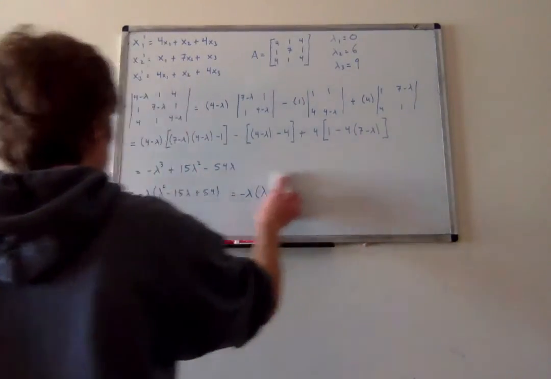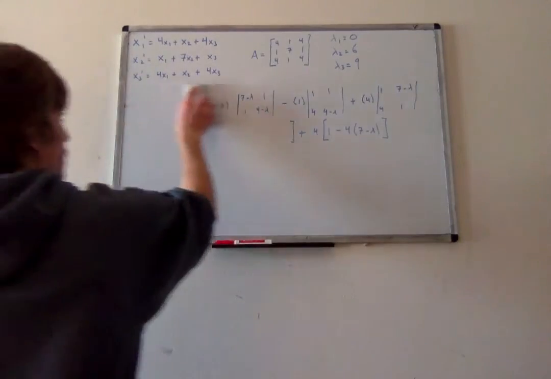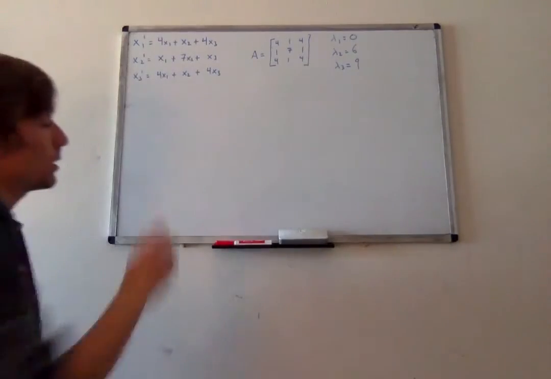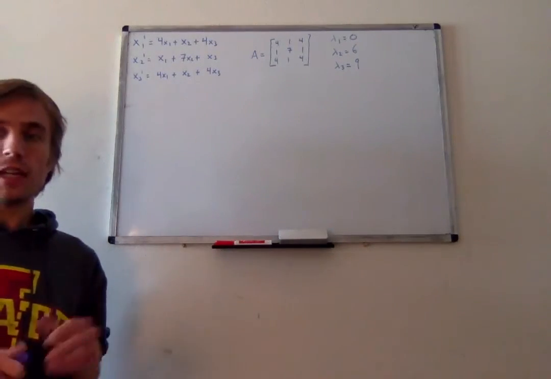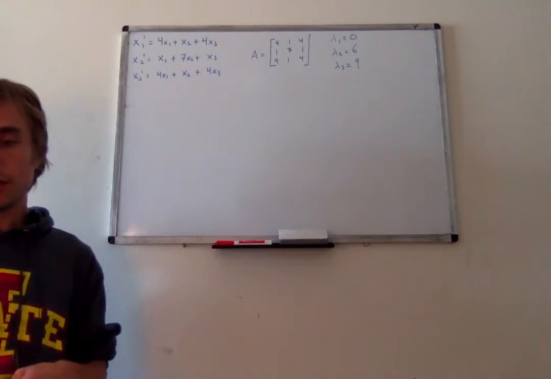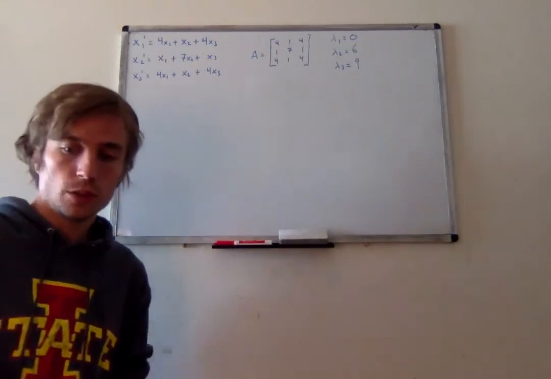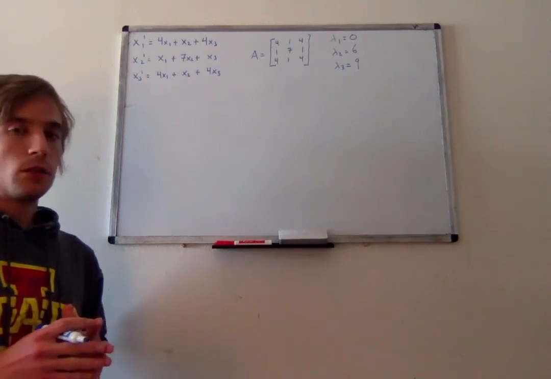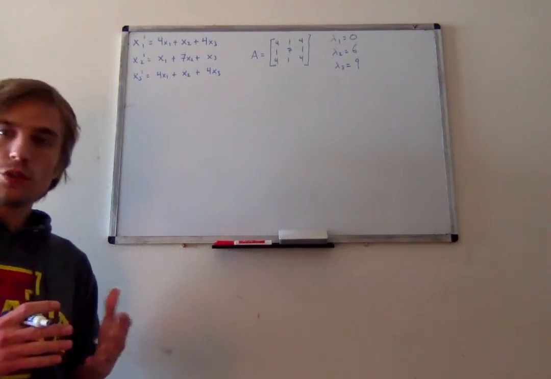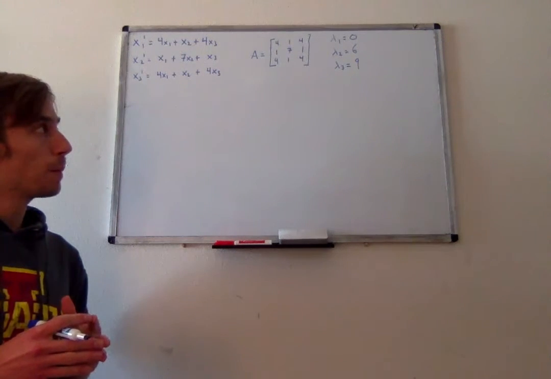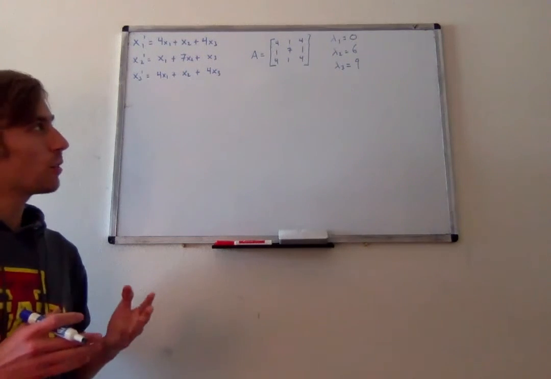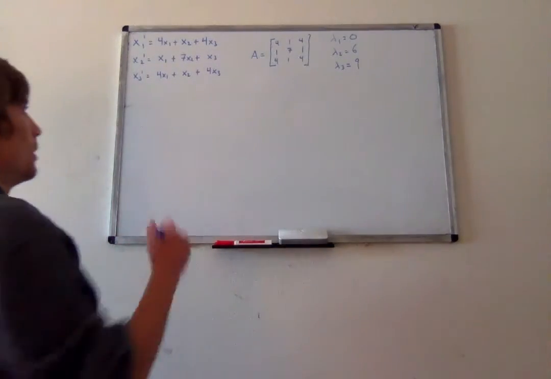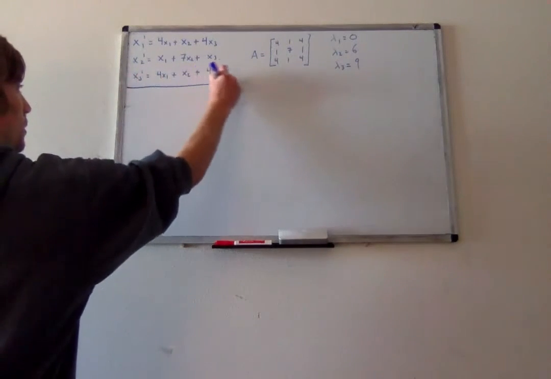All right, so next step in this process of solving the system of equations, we need to find eigenvectors for each of these three eigenvalues that give us a general solution. I'll give you a few tricks you can maybe use, but like I said, for at least lambda 2 equals 6, I think it's a little less obvious to guess. But for lambda 1 equals 0,